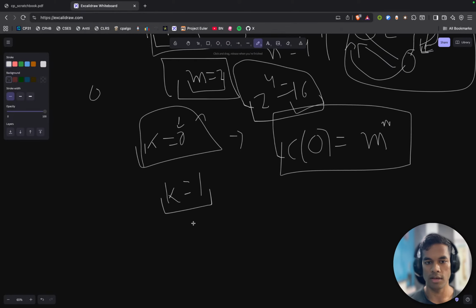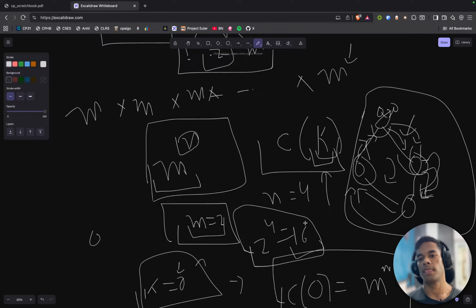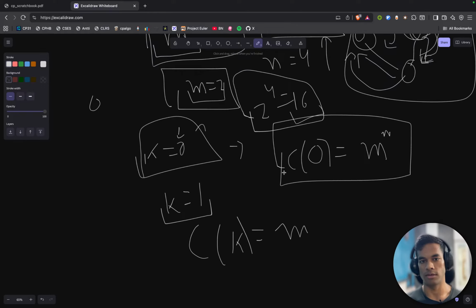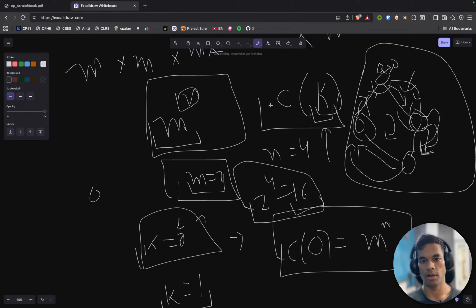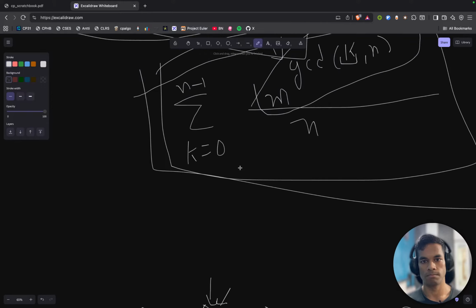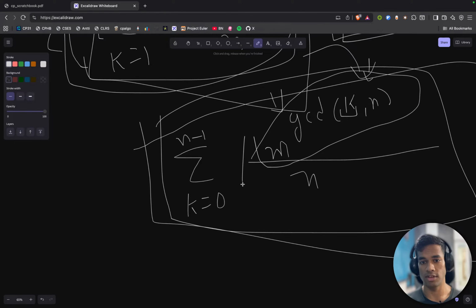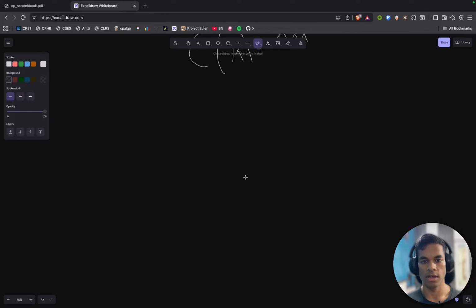When k equals 1, what would be the value of CK? It should be equal to m, because, without our elegant formula, m power GCD of k and n, without this formula, we can see